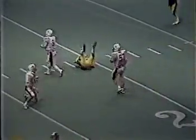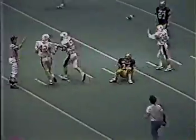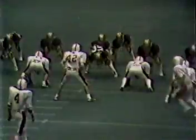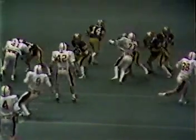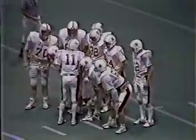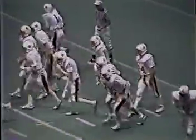And here we go again. 4th and 5, incomplete pass. Kurt Jensen broke up that pass. It was intended for Moran. I'm not sure if it would have been enough for a first down anyway. They needed this one to pick it up, and we talked about the passing, but this time unsuccessful, and it brings up 4th down. And so, turn the sides over, and Cedar Falls fans across the way are on